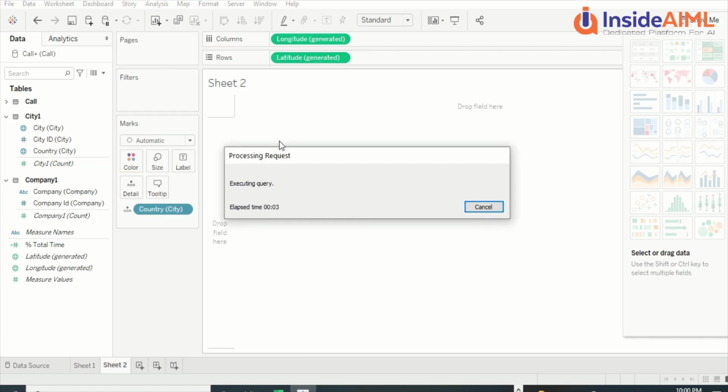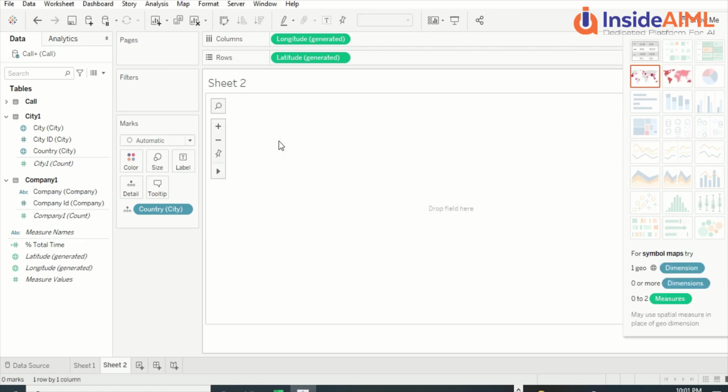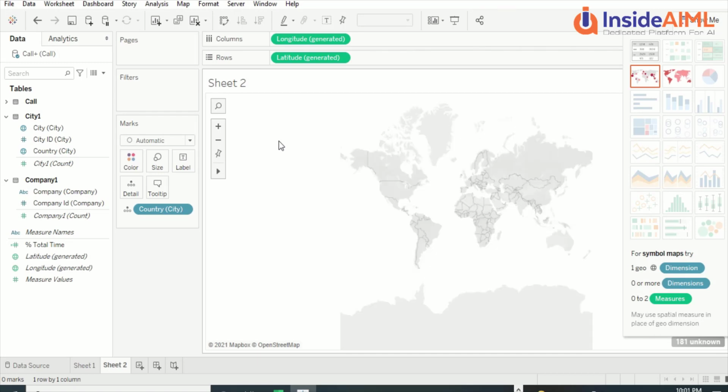So I'm just trying to see if we can have a map visual, and it's going to give us some error. I'm expecting that because our country names are not so clean, so it's going to give us an error. We have also not cleaned that up, but yes, let's see how many it is able to detect. Now it is saying 181, and I am assuming that it is not able to get anything, otherwise we should have seen something. So our values are not clean.